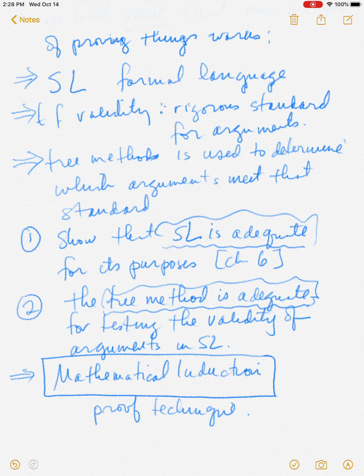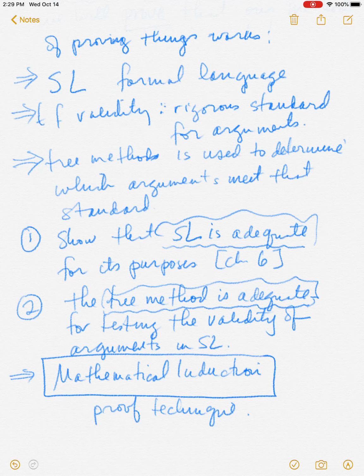And so what I want to do first is to talk about what mathematical induction is. One of the things I want to do in this course is to give you a sense of lots of different ways in which things can be proved. So we've talked so far about, we've proved some small, metatheoretical claims. We've shown how to prove something's false by constructing counterexamples. We've talked about direct proofs and indirect proofs. We've seen how to prove conditional claims are true. We've seen how to show that biconditional claims are true. And so mathematical induction is a very interesting technique for proving things.